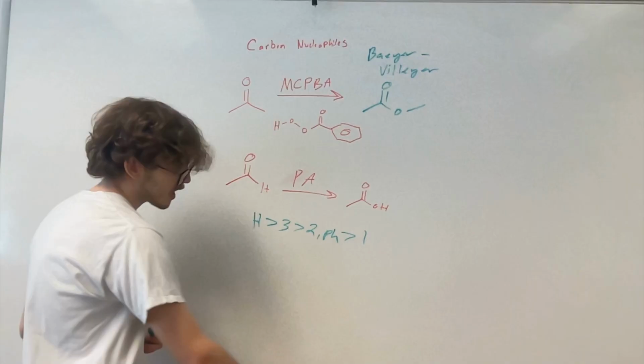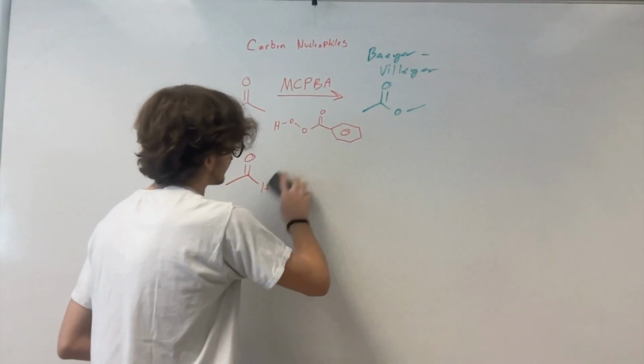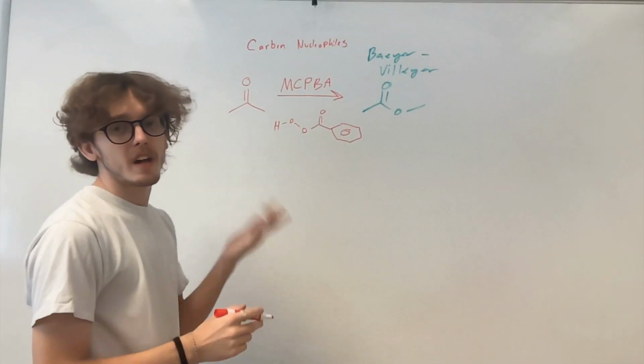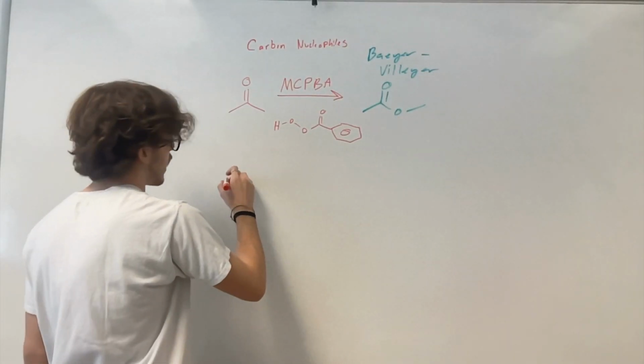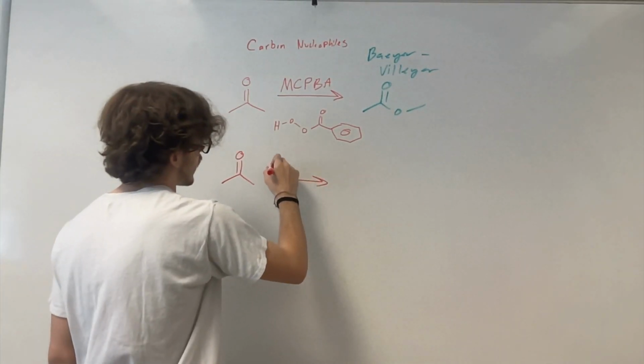But now we need to actually get into the mechanism of this reaction, which can get kind of dicey. So now for a mechanism, how does this actually happen? Let's do the acetone example. So when this reacts with the peroxy acid,